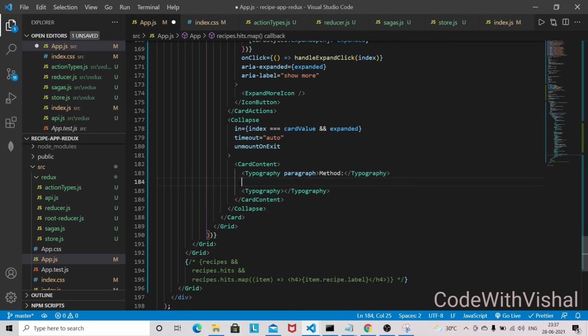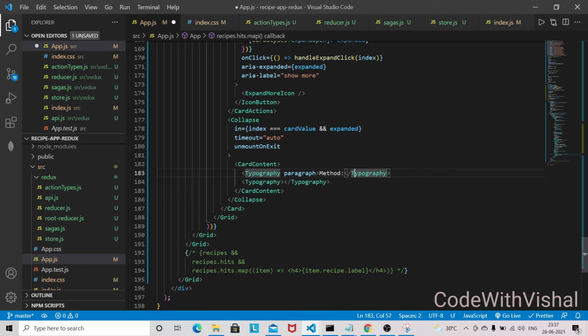So let's give something inside the card content. We have ingredients here, and after that we have an item.